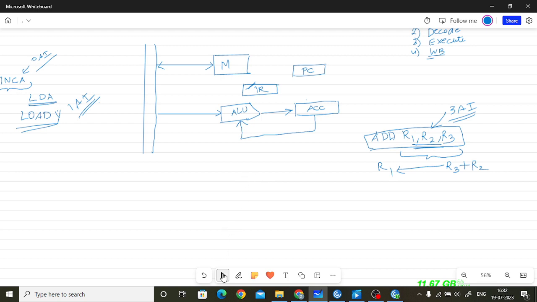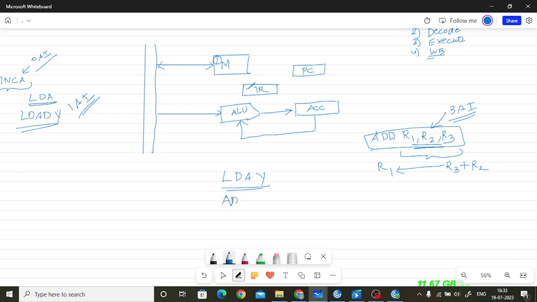At first we will be going to load our accumulator. Okay, load our accumulator, LDA Y. So the data which is present at the operand, or data which is present at Yth location in a memory, will be loaded into an accumulator. After that we will be giving